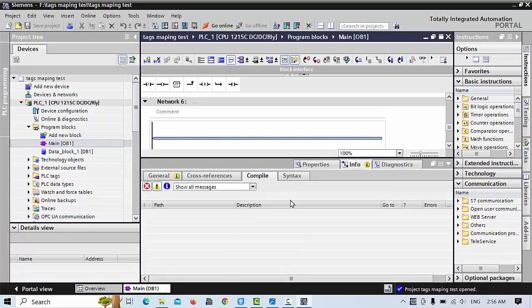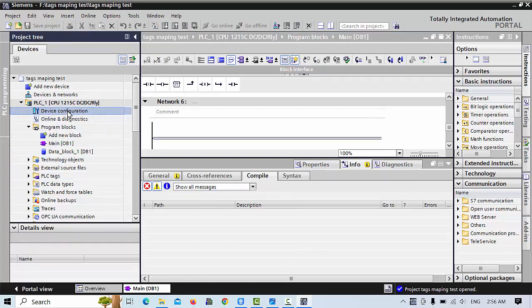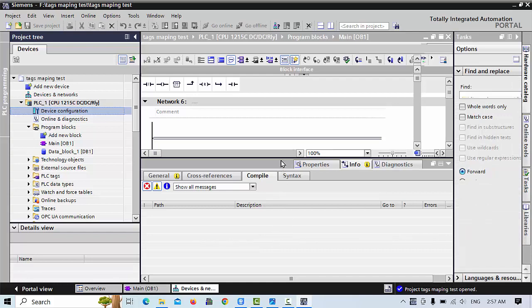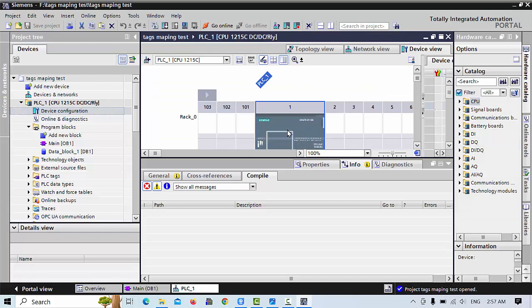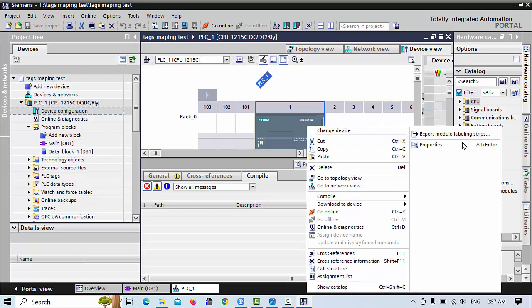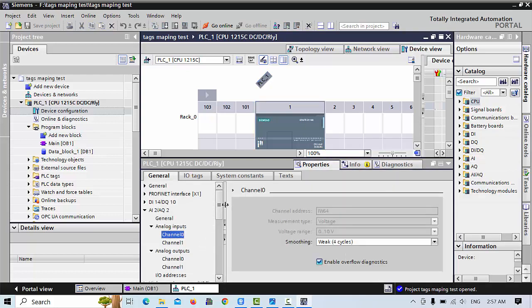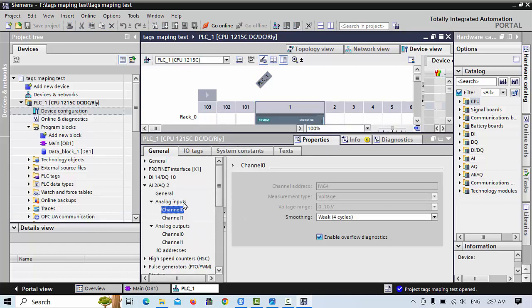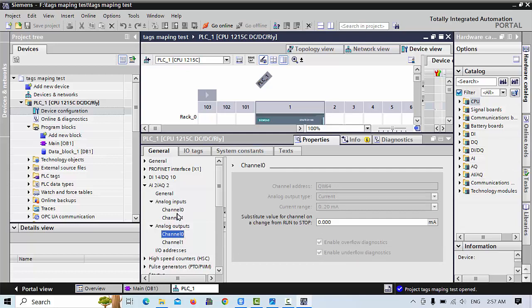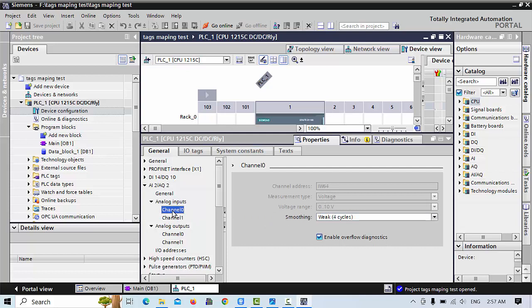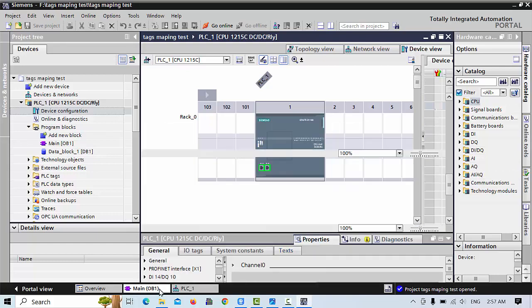First of all, I will show you how we can configure this linear. Go to the device configuration. You have to be patient because Siemens TIA Portal is a little heavy software. Go to the properties, and here we can configure. First we have to check the analog inputs and analog outputs. Analog outputs have the address QW64, and analog input channel 0 has the address IW64, where we read the value of our linear. So simply we will go to the organization block,